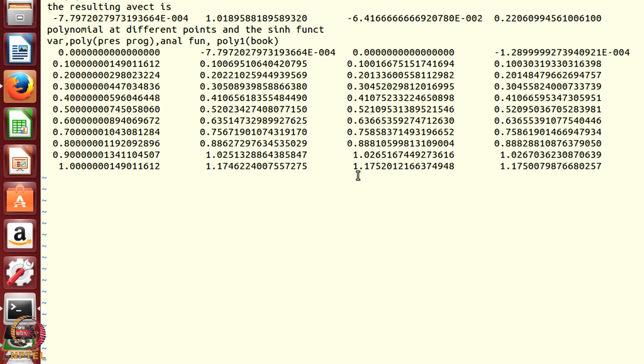Look at this, the analytic function says 1.1752, and our fitted function gives 1.174, whereas the other one gives 1.175. At the starting value there is a problem: the sinh of 0 is 0, but our value is actually minus 0.0007. So, the first point is not represented very well, the error is in the fourth digit.